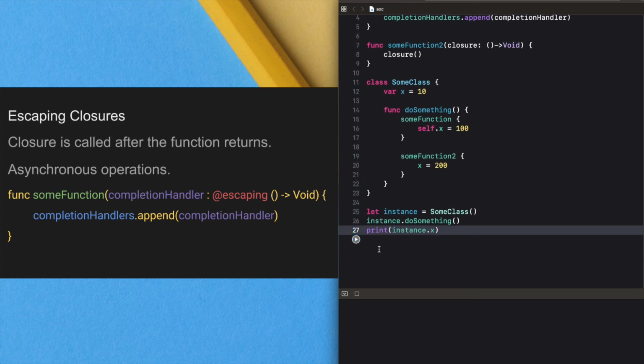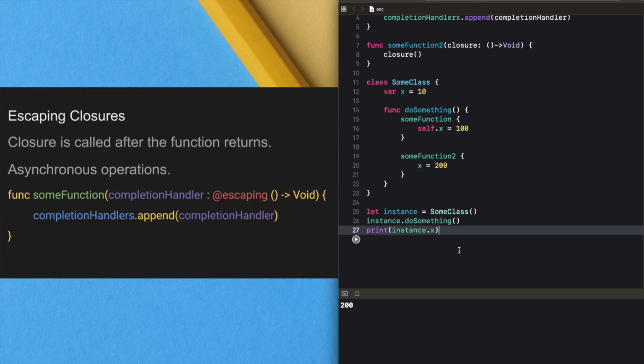What will we get? We got 200. So in this class, the method was called and the value was changed to 100, and again in this function the value of x becomes 200. So we got 200.